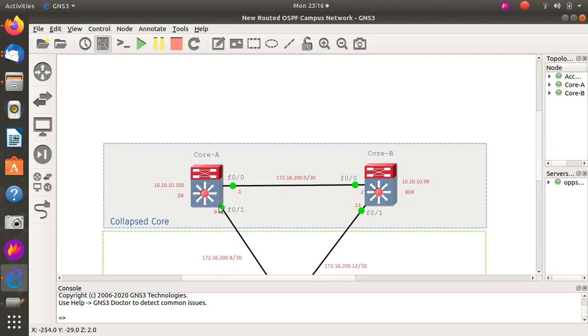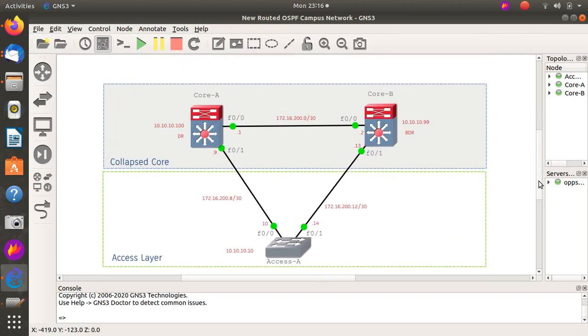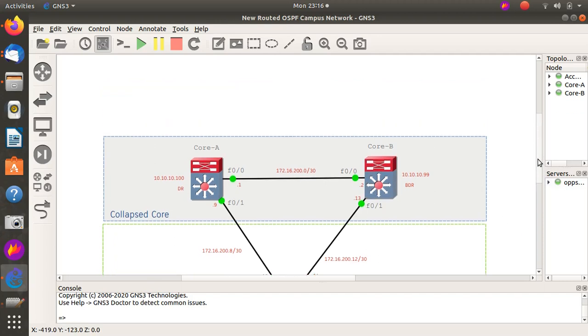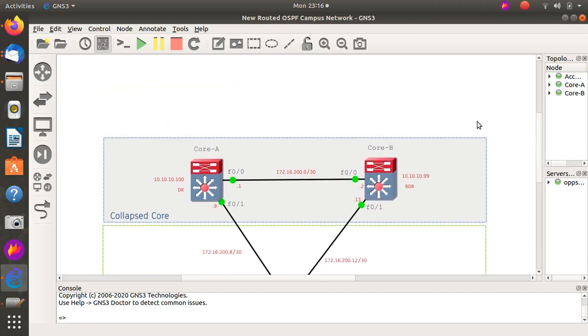So if this main big boy, core A, plays up or goes down or goes through maintenance, the traffic that used to go northward this way will now go northward that way and still get to the resources necessary. And so, let's assume that we have, why don't we duplicate this layer here